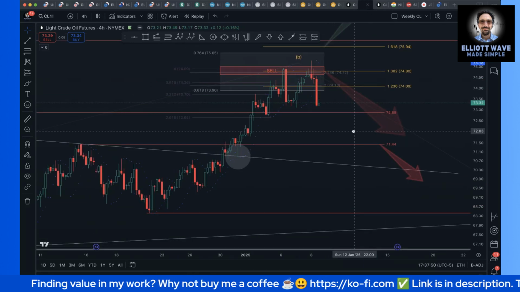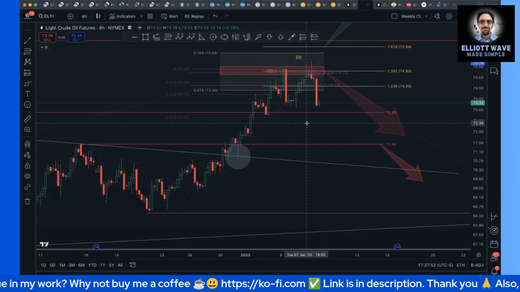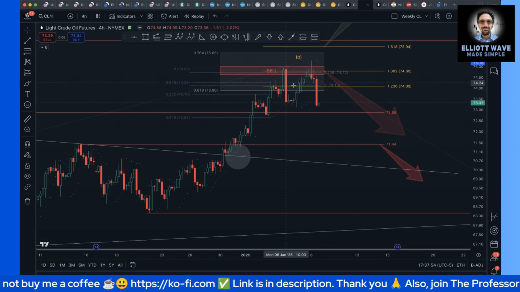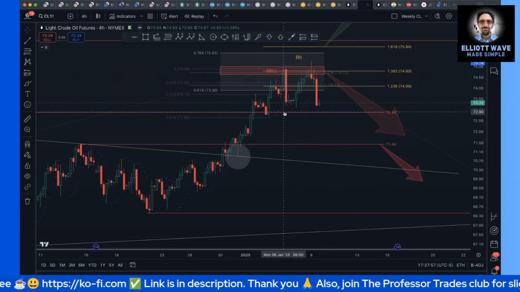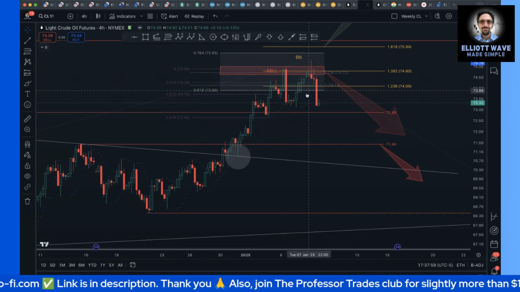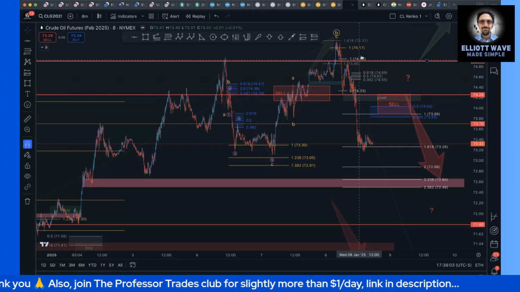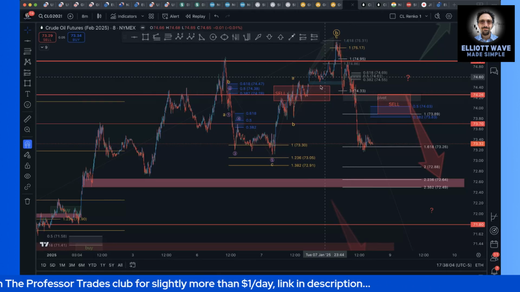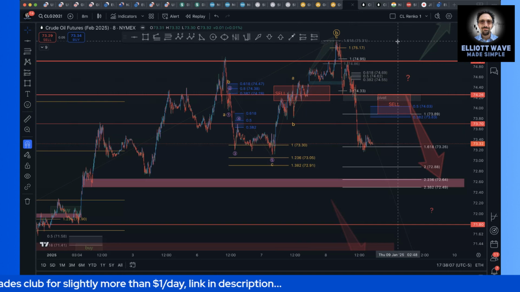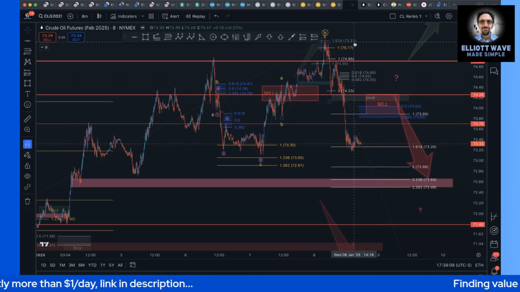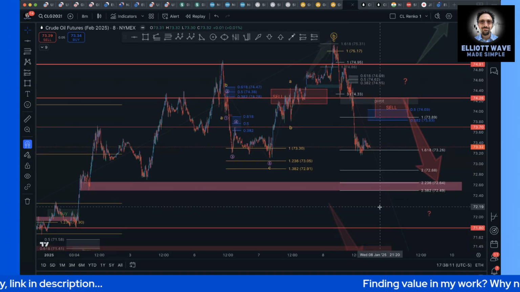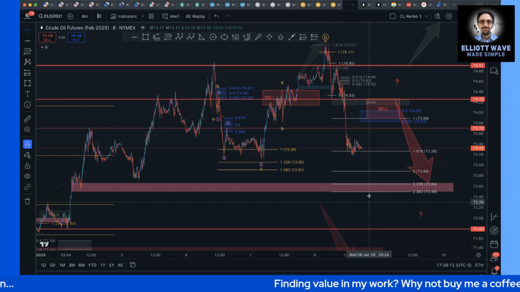Now here you can really see this massive red, it's two massive, the twin towers of red. Look at this. This kind of surprised me. It made a new high, but it wicked it. And I was nimble enough to catch these shorts again, even after getting a little chopped up over here. Had a fantastic short trade. If you're inside of the Professor Trades Club, you would know that I posted this chart